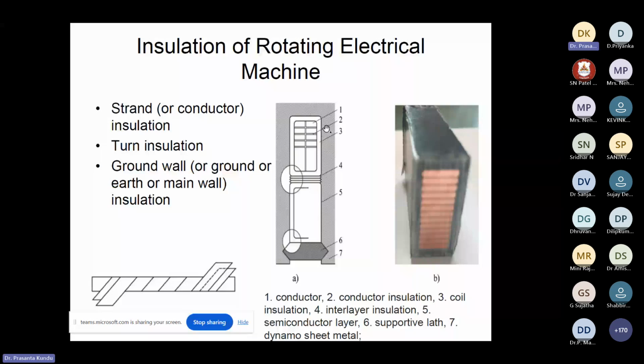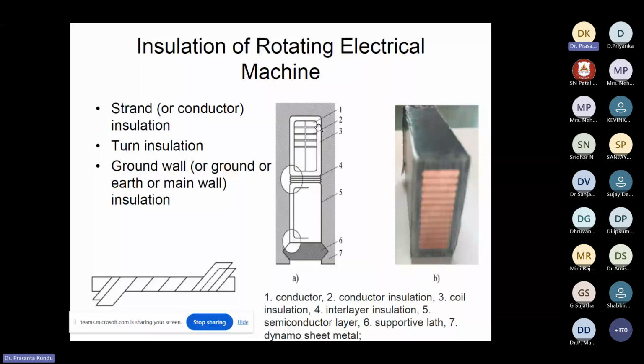Each strand is a conductor. Then there are coil insulations. The conductor insulation and strand insulation come onto the turn insulation, then the ground insulation, or the coil insulation. And this is the interlayer. In a slot, there may be two coil sides in a double layer winding, which is normally what happens. So there will be an interlayer